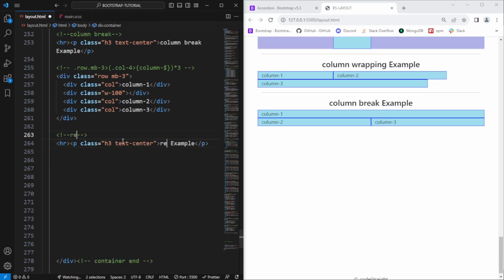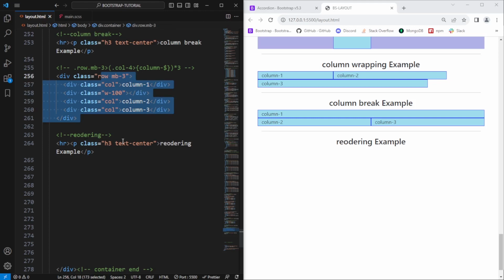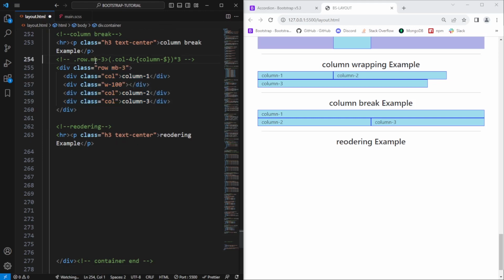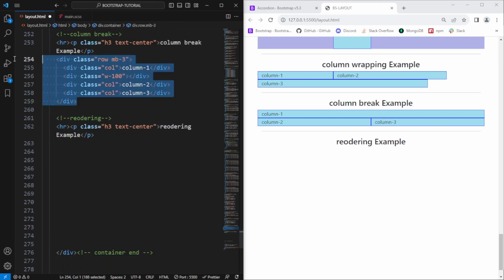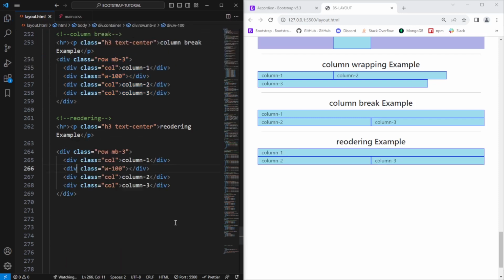Say reordering, let's have a heading, hit save, and I am also going to copy. I don't think we need these lines. Let's copy these lines and paste in here. I don't need this line of code as well. Let's remove it